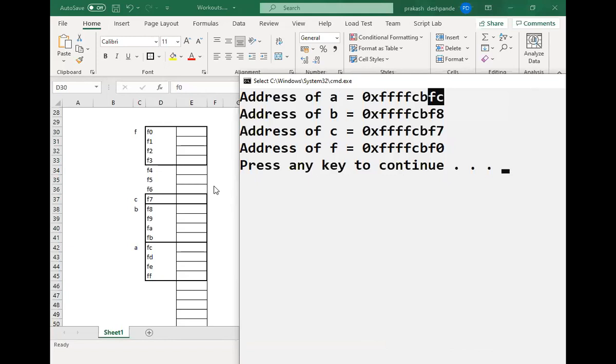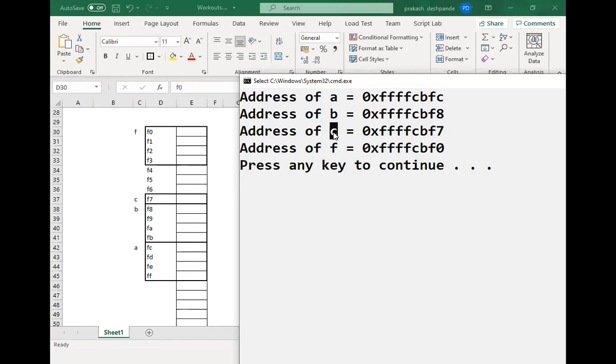Whenever you write a program where you are looking for the address of a variable, you need to think of this architecture of memory, where addresses are allocated for the variables, and the number of bytes depends upon the data type of the variable. Whenever I say variable A, whose address is FC, it is not only one memory location. Starting from this address, the next 4 bytes will be occupied by the A variable.